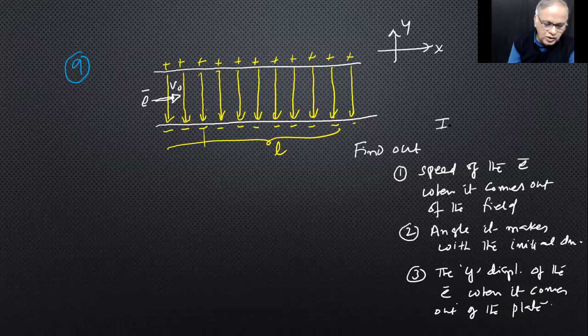And you can ignore gravity. Gravity is also there, but ignoring gravity for such very light masses is very meaningful. The electric force will be much larger than the mg force, so neglecting it is not a bad idea. Sometimes you don't, sometimes you neglect. So what shall we do? This is a problem figure, and I'm not going to mix the solution with that.